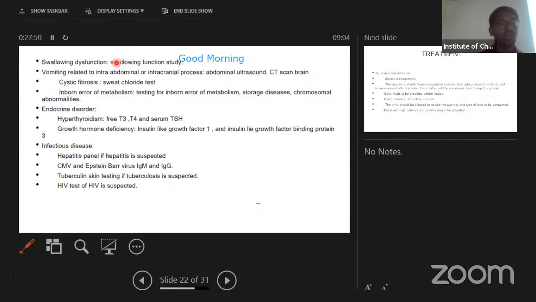Vomiting due to an intra-abdominal or intracranial cause, because we have to check that. Inborn errors of metabolism and endocrine disorders, we have to rule out hypothyroidism and growth hormone deficiency. Infectious diseases such as hepatitis, TMT, tuberculosis. We have to also